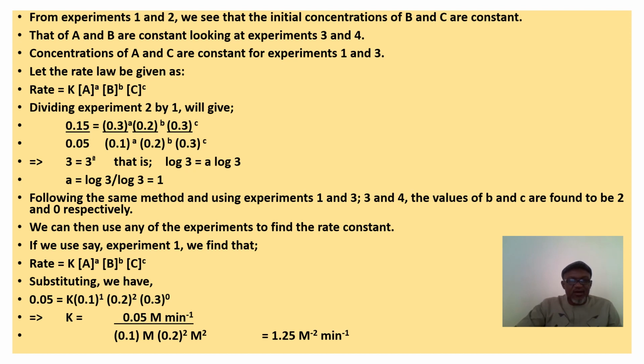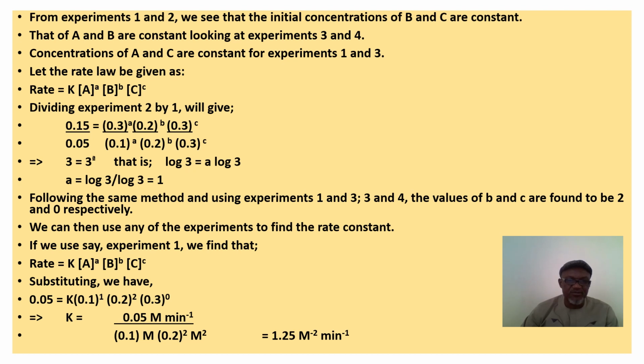So let the rate law be written as rate equals k times [A] to power a, [B] to power b, and [C] to power c. So this is the rate equation we are trying to solve now. Once we get values for k and the values for small a, b, and c, we'll be able to get our rate law. So dividing experiment 2 by experiment 1, we'll have, look at this, experiment 2 is 0.15,